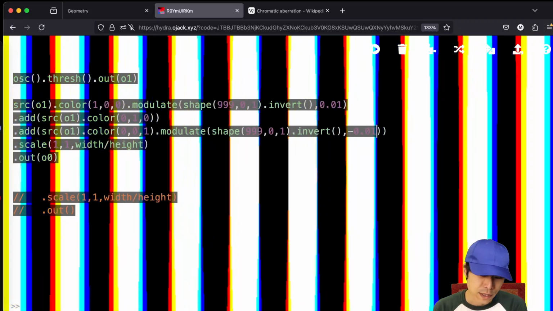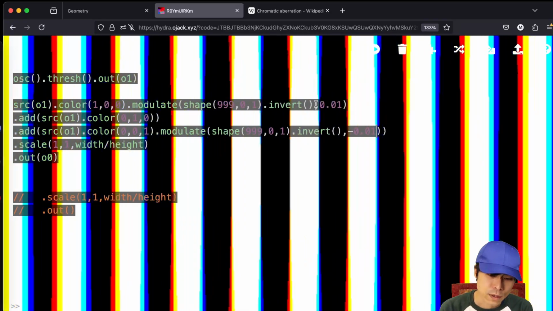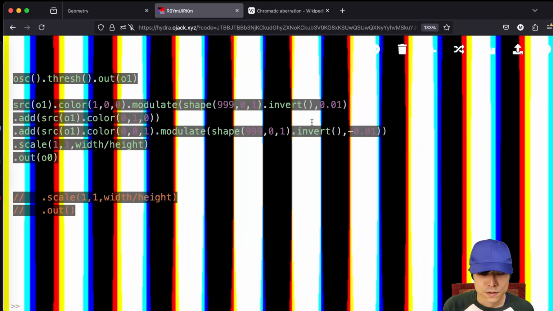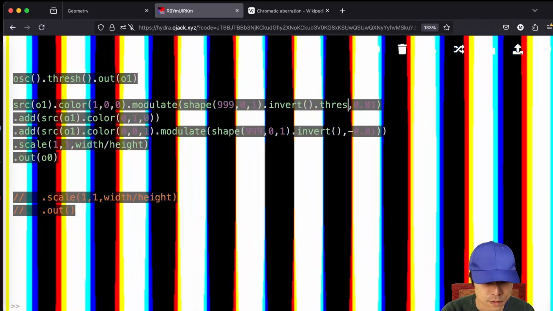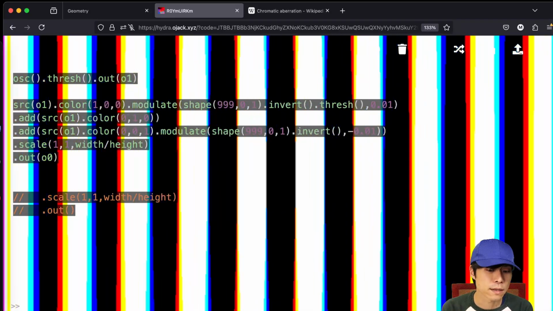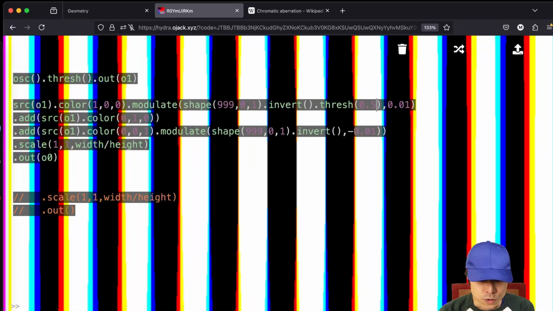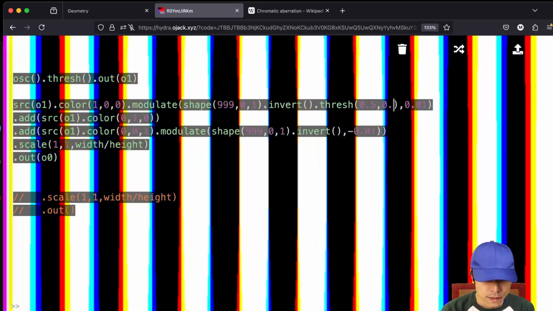I think I can even minimize it to 0.01 or something. And also, if you want to play with this curve, so you have a harsher effect at the border, maybe you can even play with thresh, just like how I was playing with this blurriness of shape. Thresh can also be used to